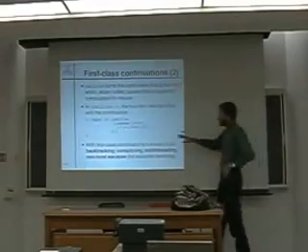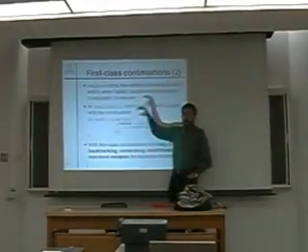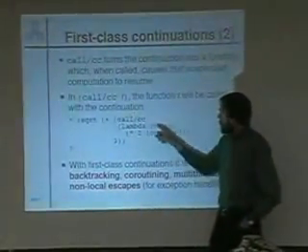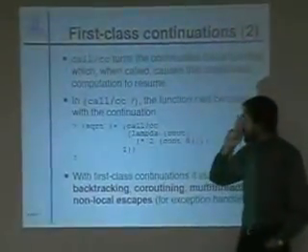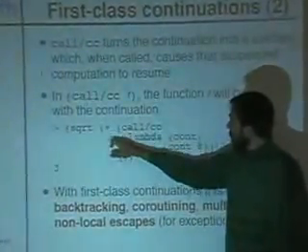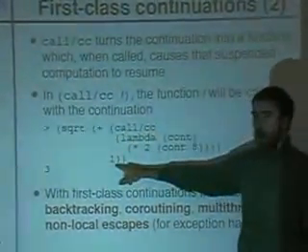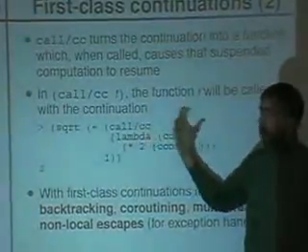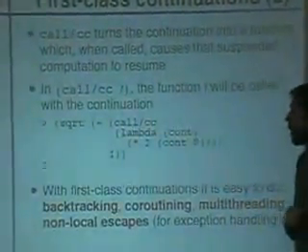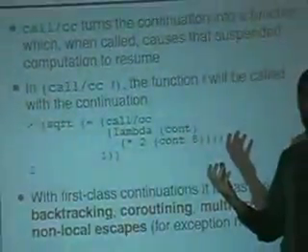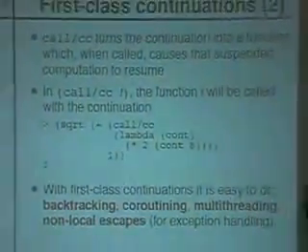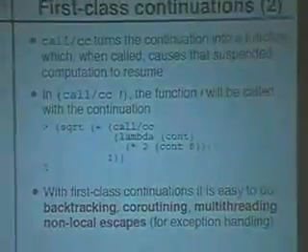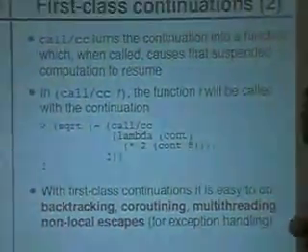Here is a very simple example, modeled on the previous example. I've replaced the call to read by a call to call/cc. So here we're doing the square root of the sum of a call to call/cc and 1. Call/cc is a procedure, so it has a continuation, which is exactly the one we had in the previous example. Namely, if we feed a value to this continuation, it will add 1 to the value, compute the square root, and the result, and so on.